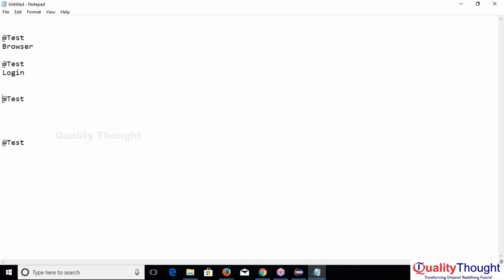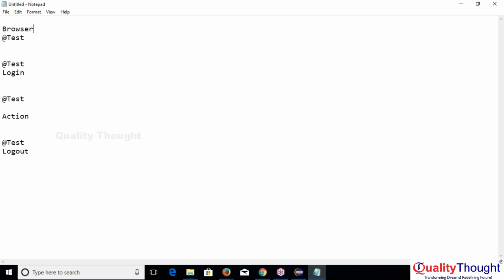In my real-time scenario, I am saying action, logout. Okay, where I am opening the browser, in the first @test annotation, right or wrong? Yes. Okay, instead of opening the browser here, if I'm going to open the browser,